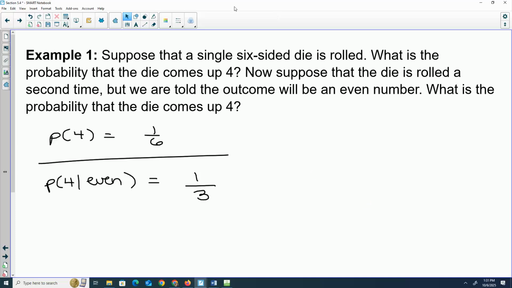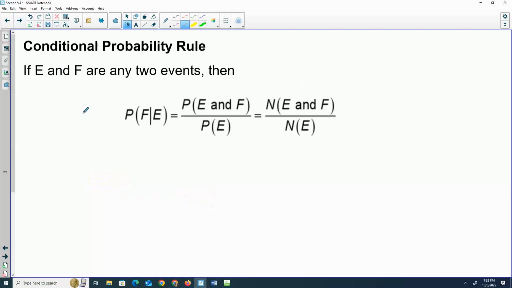So the conditional probability, the thing it changes, is the denominator. Since I knew it was even, there were only 3 even numbers that I could have rolled. All right, so that condition is your denominator when you set those up. Okay, and that's really what the next slide says. The probability of F given E, the denominator is the probability of E, the numerator is the probability of both. You can just ignore the part about complements. It's saying it also works with complements, but we're not really worried about that. We're just talking about basic conditional probability.